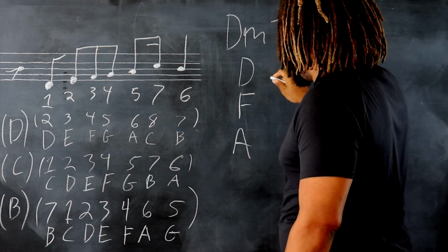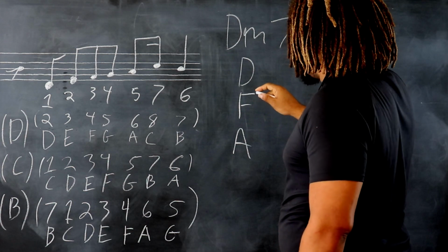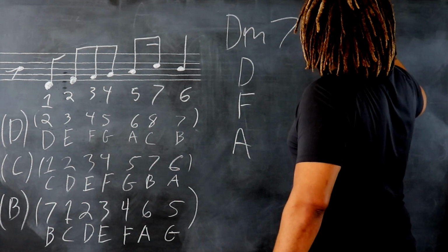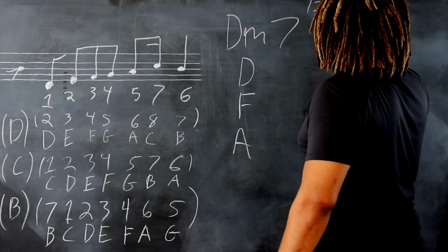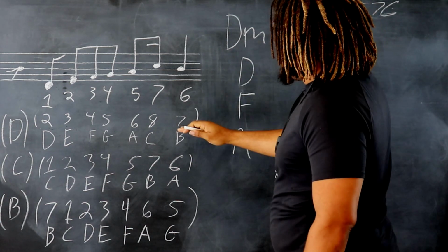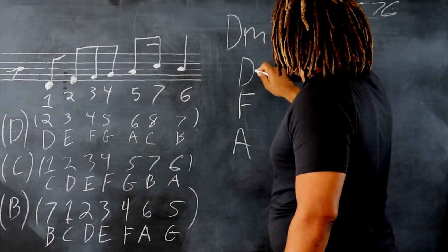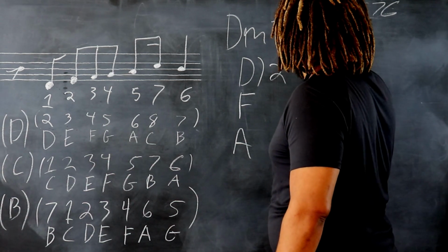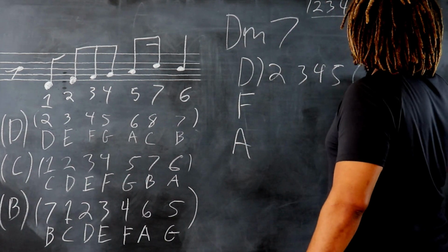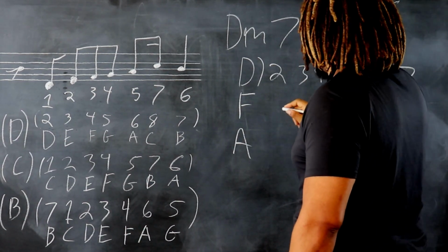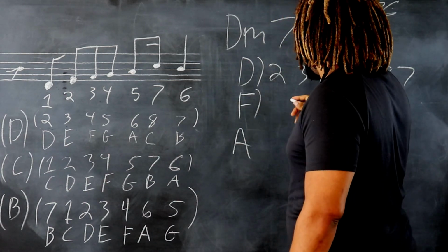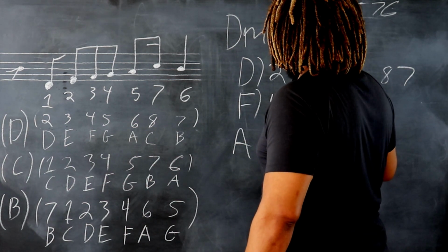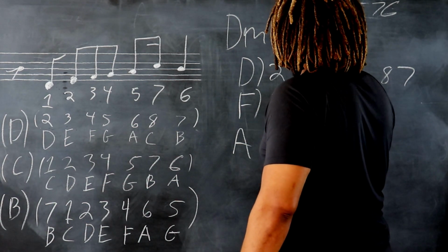So if we're going to start on the D, then we'd have that same pattern. Remember, our pattern is a 1, 2, 3, 4, 5, 7, 6 pattern. If we adapt that to the scale, then we have, this will be the second note. So this would be, D would be 2, 3, 4, 5, 6, 8, 7. Now, if we start on F, F is the 4, right, of C. So we have 4,